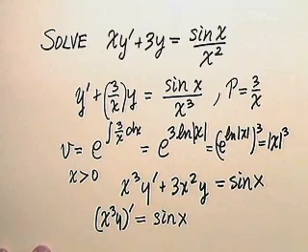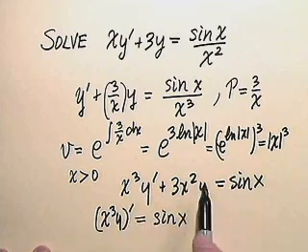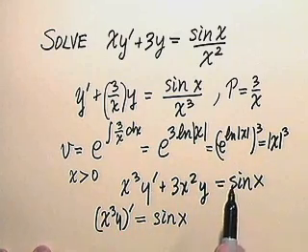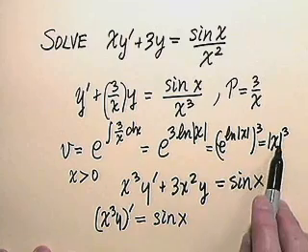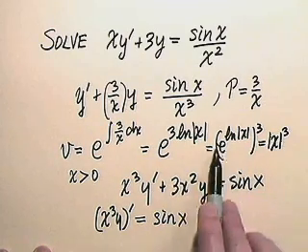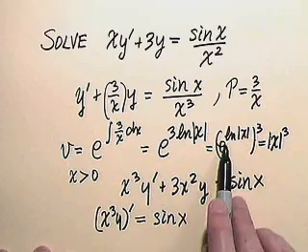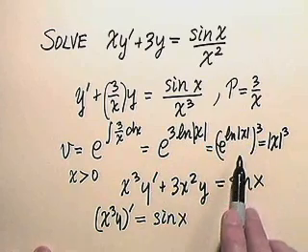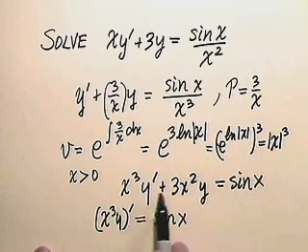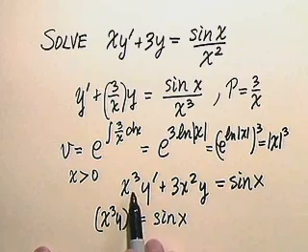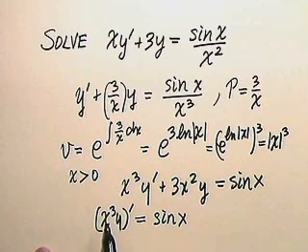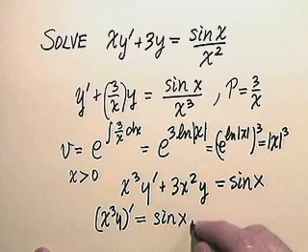Notice what's happened. I ignored the condition that x be positive. If I ignore it, the x cubed still works as an integrating factor, and so that's one thing to keep in mind. Sometimes when you're using the exponential and you end up getting exponential of a logarithm of an absolute value, if you try dropping the absolute value, but be careful, you'll see that what you get is an integrating factor that works. Okay, so here we've found the integrating factor as x cubed, and so consequently